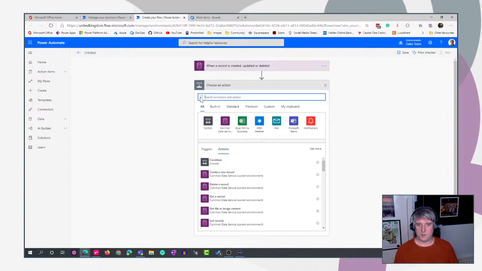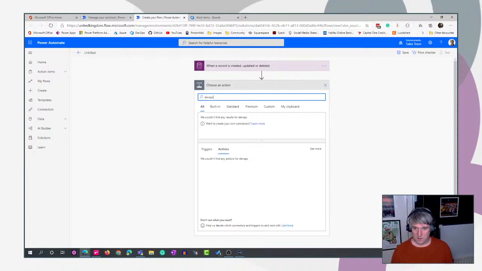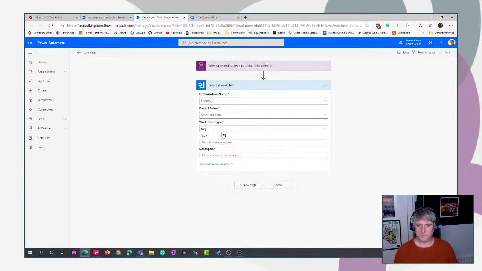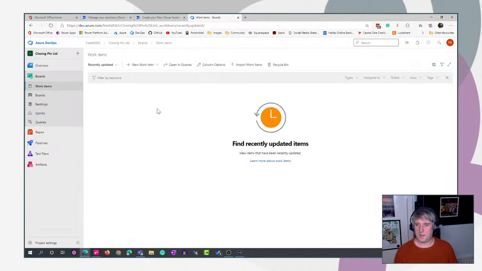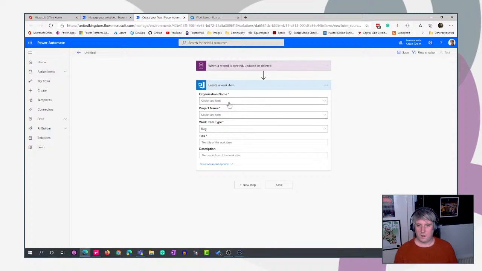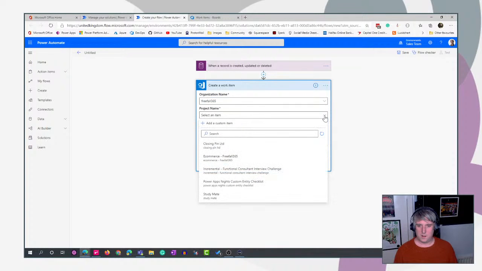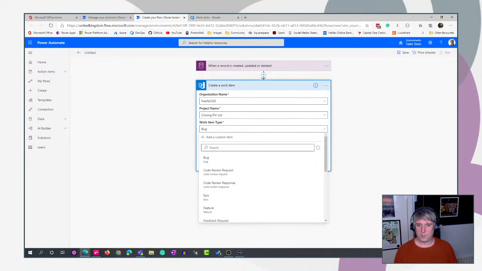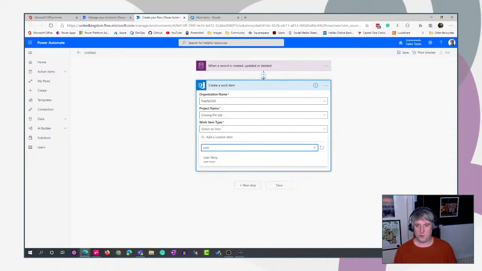And we're not doing any conditional statements, we're just going to run with it. We are then going to use the Azure DevOps connector to create a new work item. I've got my Azure DevOps environment here. You can see there's no work items in it, and we're in a project called Closing Pin. If we select the environment, project name, the type of work item we're going to create, which is going to be a user story,